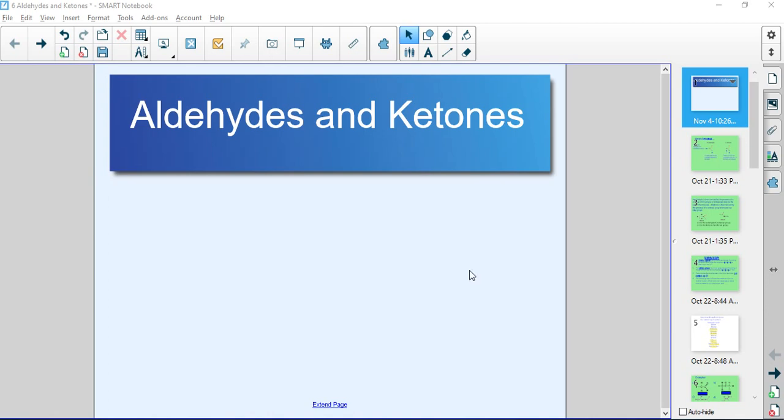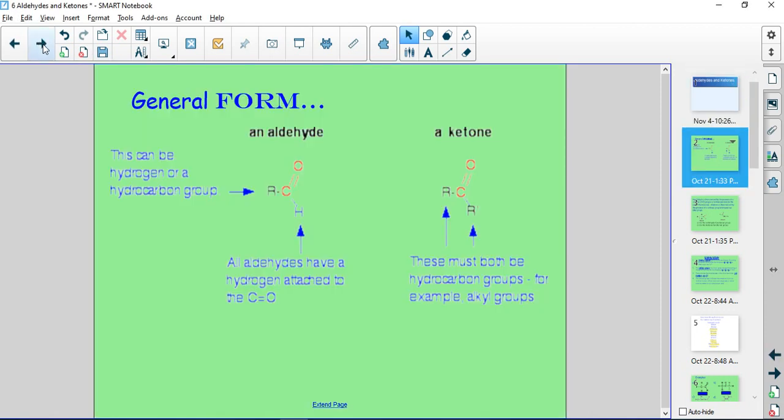Hello everyone, this next lesson is on aldehydes and ketones. So we've finished talking about alcohols, and the next step naturally would then be aldehydes and ketones, which look like this. So this is the general form of an aldehyde, where we have a general R group,